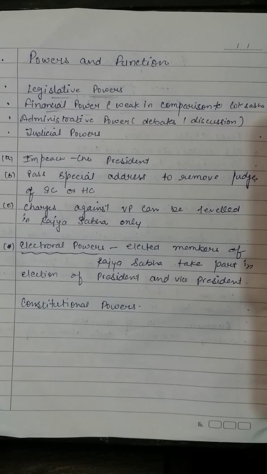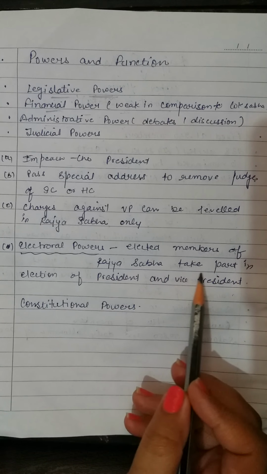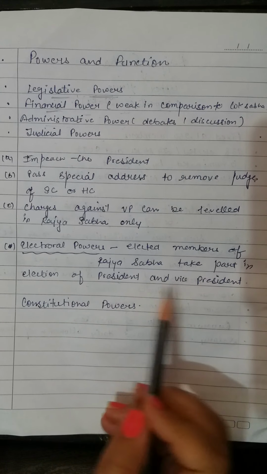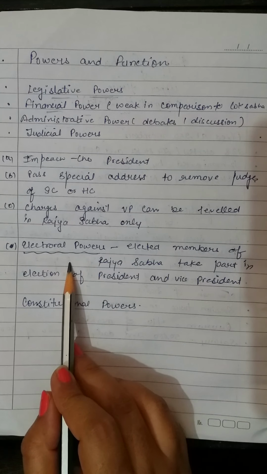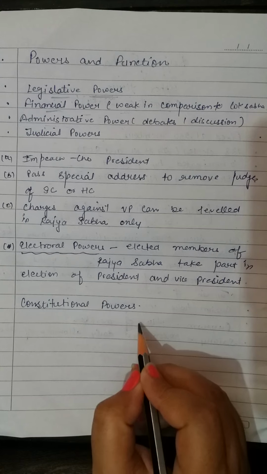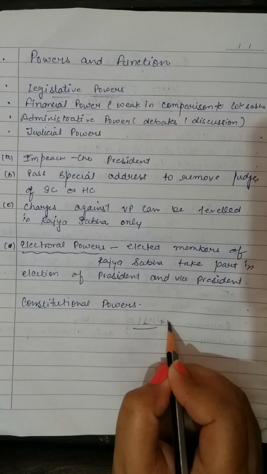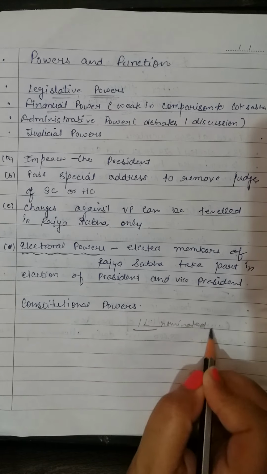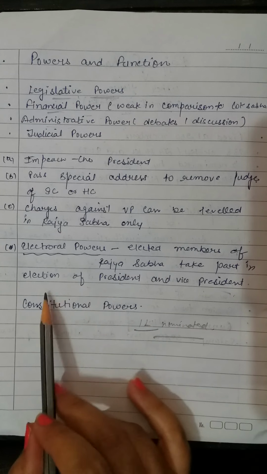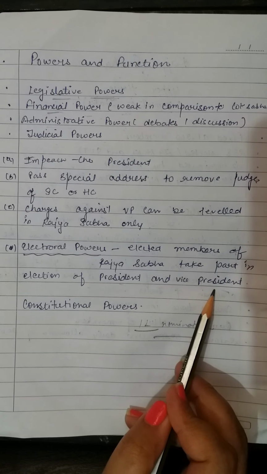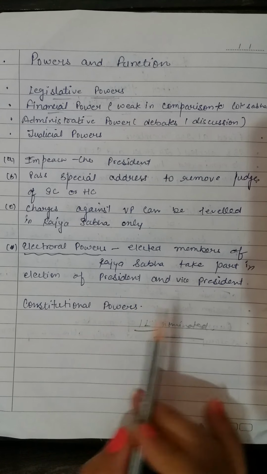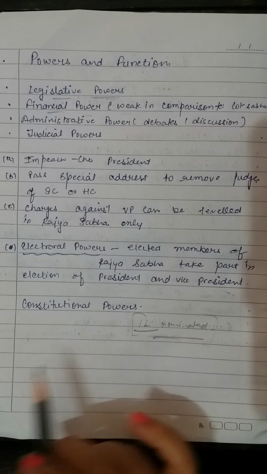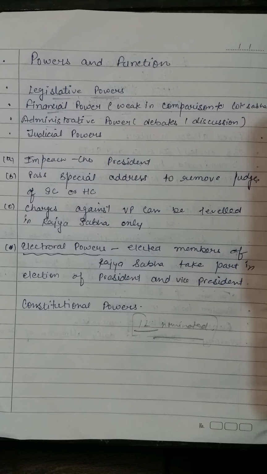Next are the electoral powers. Elected members of the Rajya Sabha take part in the election of the president and vice president. As I told you, there are 12 members nominated by the president. So when the question is to elect the president or vice president, only those members who are elected will cast their vote. Nominated members will not be